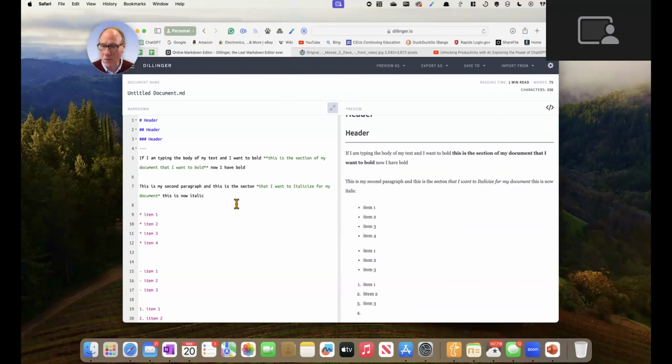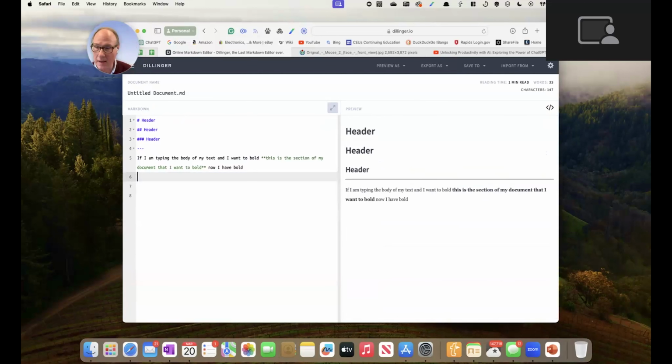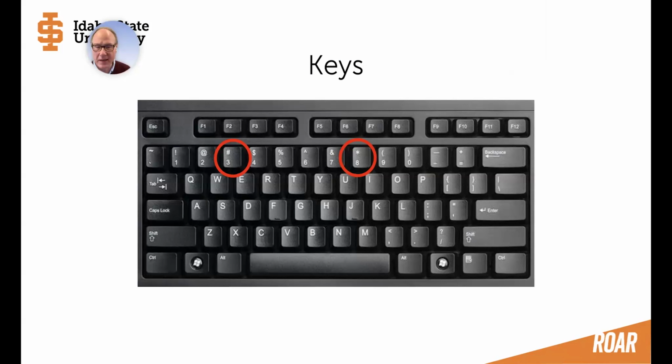Okay, so let's move on to the next section. What I'm going to do is just get rid of this and this. Again, I'm just deleting these so we can go on to our next section. All right, the next thing I want to go over is block quotes, checklists, links, and images. We've already covered some of these keys, but in this section, we're also going to use the greater than key and the bracket keys.